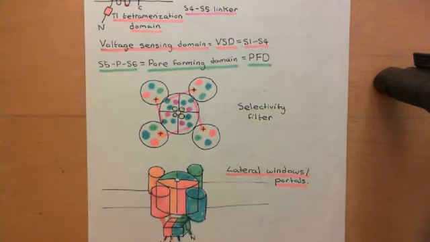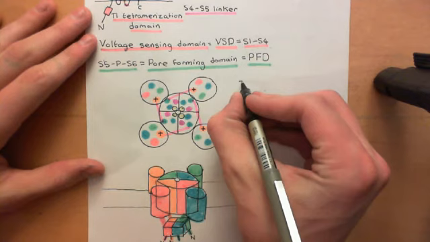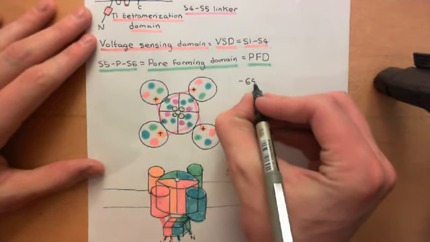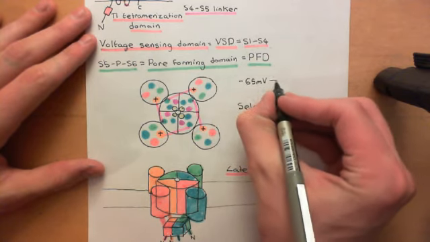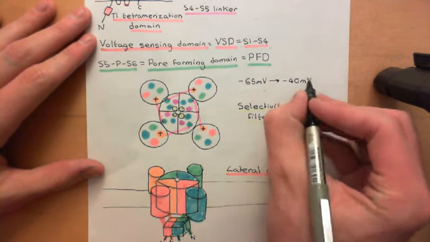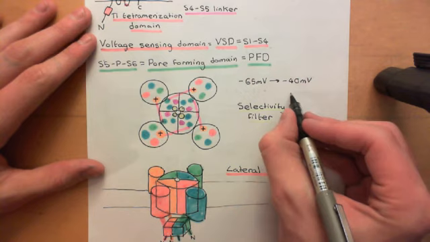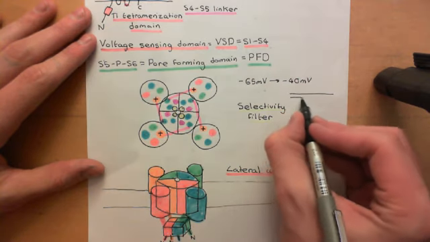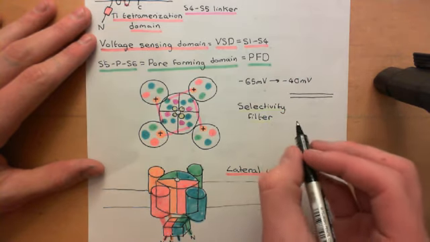So let's think this through. We are going to depolarize the electrical potential difference across the cell membrane. We are going to take it from, let's say, negative 65 millivolts up to negative 40 millivolts. That means that the amount by which the electrical potential intracellularly is lower than the electrical potential extracellularly has